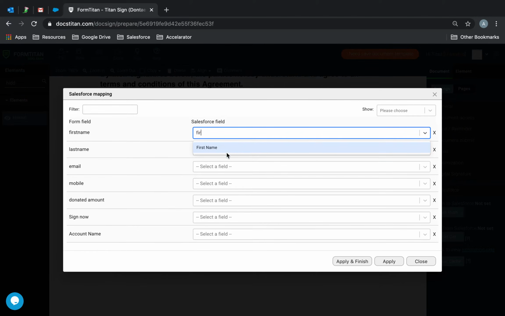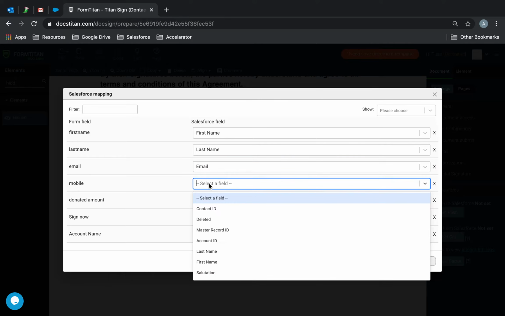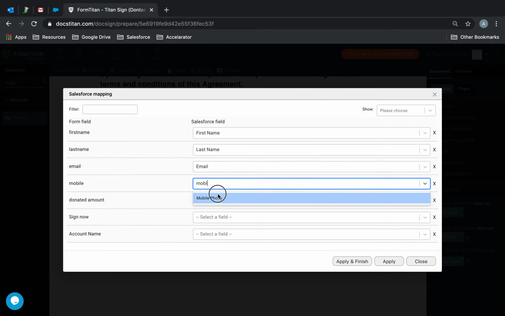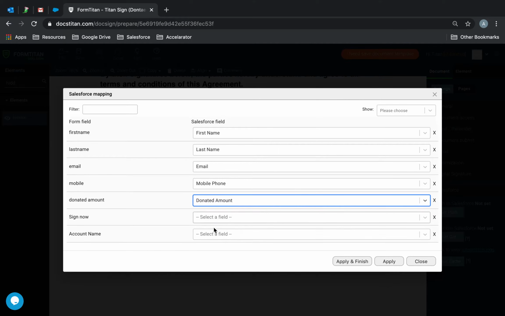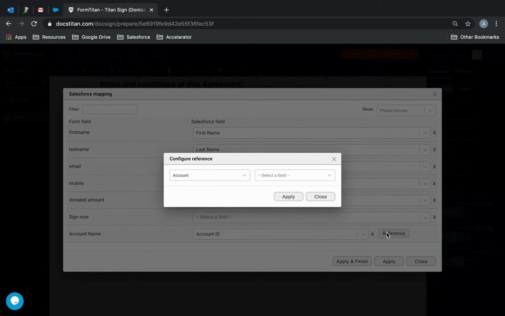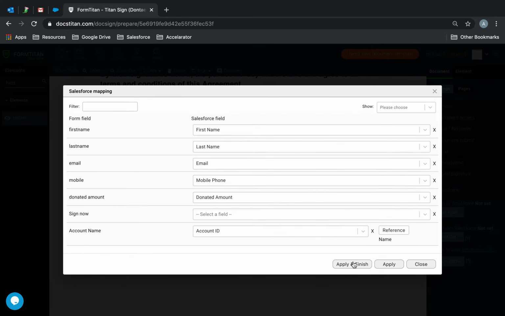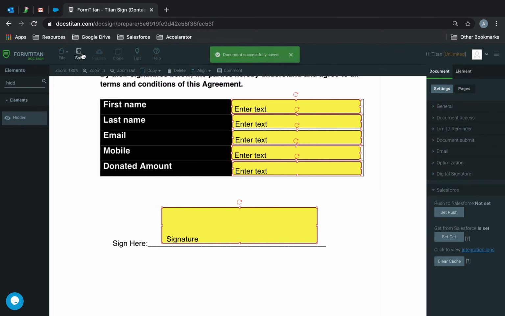Here I will bring back first name, last name, email, mobile, donated amount, and account name, so we'll call this account ID and we'll reference it to account name. This is a hidden field, by the way, the account name. Okay, so once you've got it and it's all good to go,